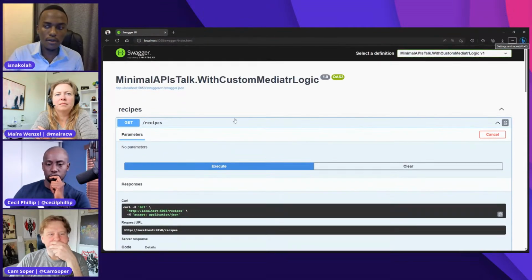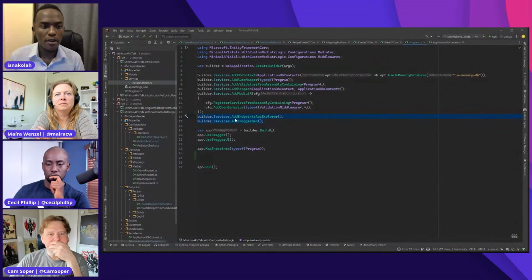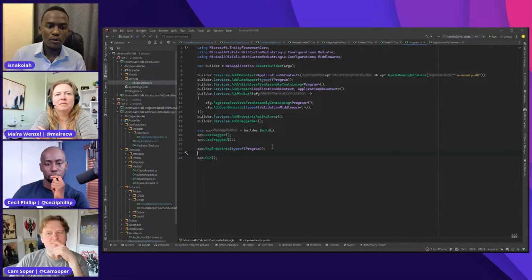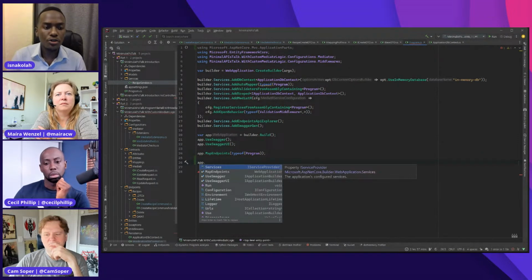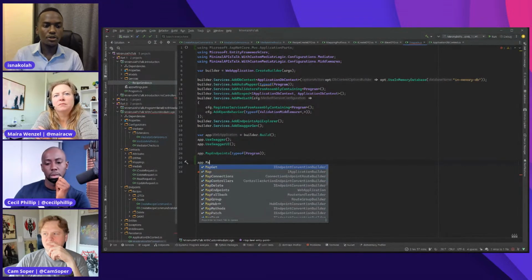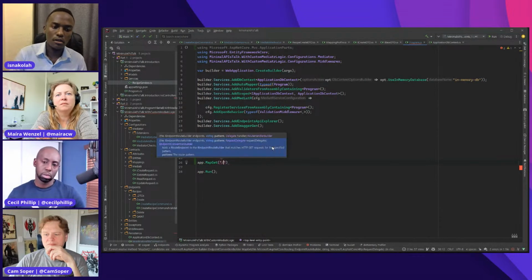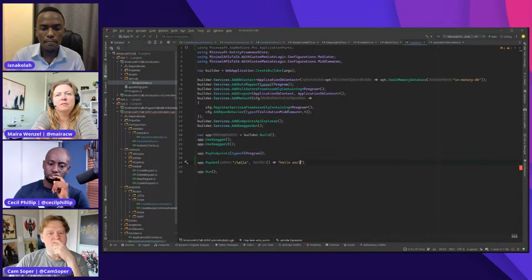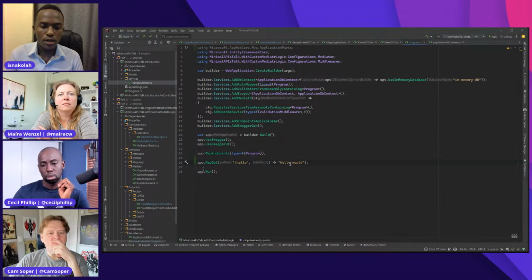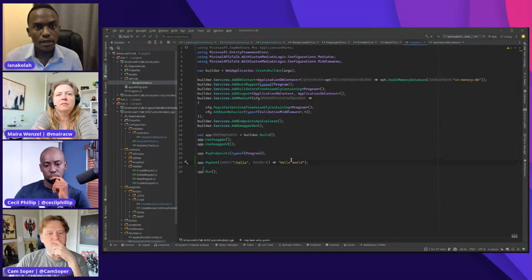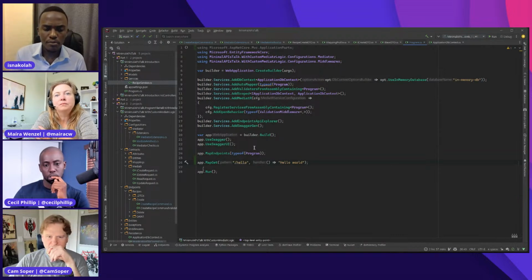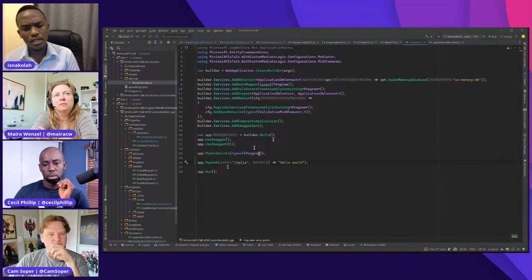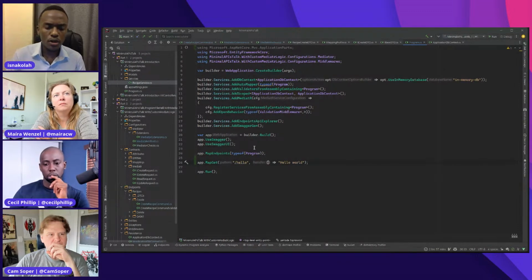Let me now walk you through what made this possible, because it's like I'm doing magic now, and I hate magic. So when you're creating an endpoint, let's say you're creating a map get endpoint for hello, just the one that we had done previously. This just returns hello world in our browser. But then something that was introduced I think in .NET 7, if I'm not wrong, is that you can create a